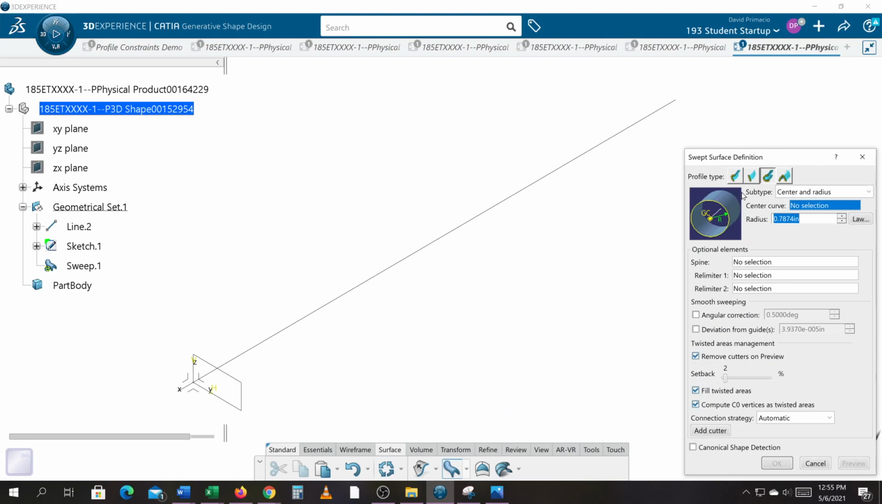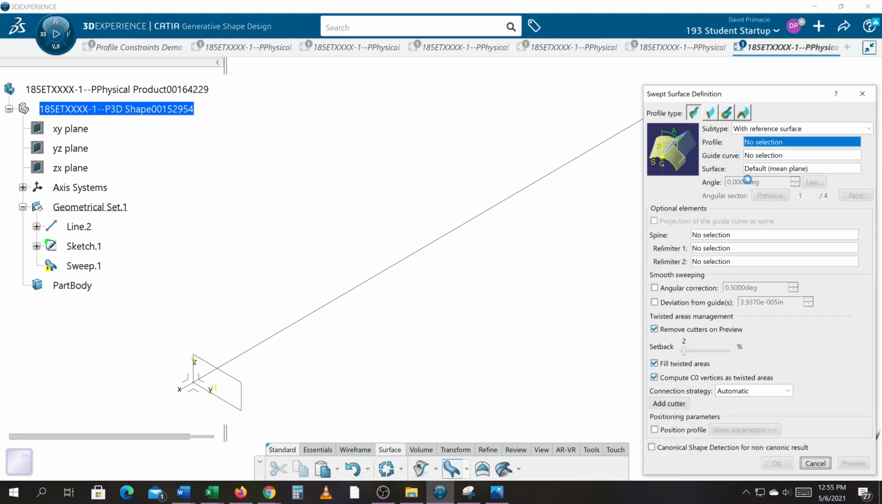Another very common move is sweep. We're going to do an explicit profile because it's not a line, circle, or a conic. Any other shape, if it's closed, can be done. Well, it doesn't even have to be closed. Any other 2D profile can follow a guide curve using explicit. So I'm going to use with reference surface. We'll select the profile, the guide curve,